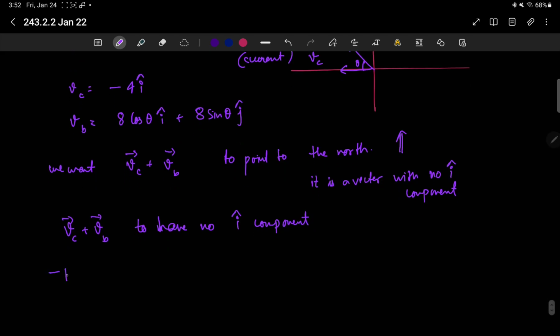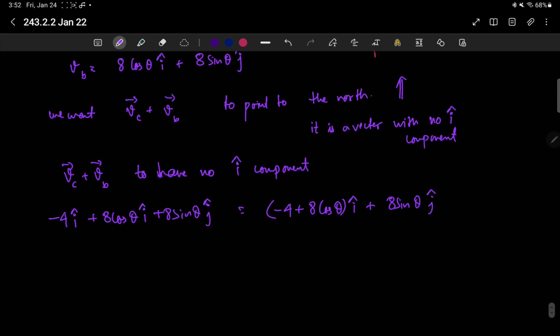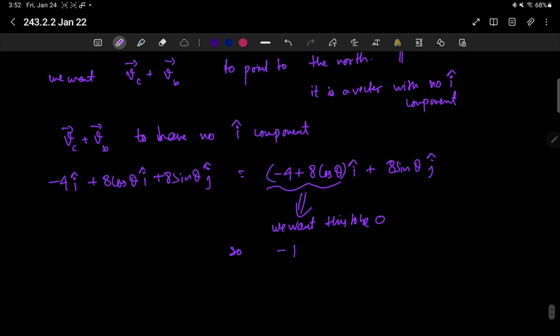But what is VC plus VB? It's -4 I cap plus 8 cosine theta I cap plus 8 sine theta j cap. So it is -4 plus 8 cosine theta I cap plus 8 sine theta j cap. Now what do we want? We want this to be 0. So all we have to do is solve,